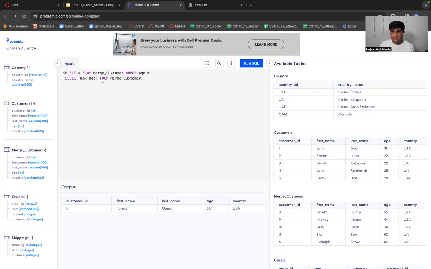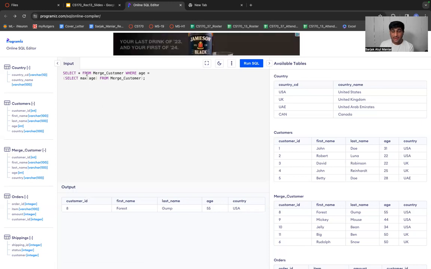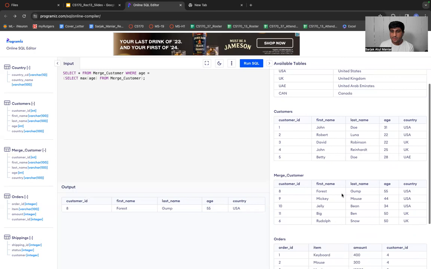It's showing me the output for which the age value is the max value of age from merged customer. If you see this table, what is the max value of the age? It's 55 over here. So it's giving me that record. That's it. This is the nested query.